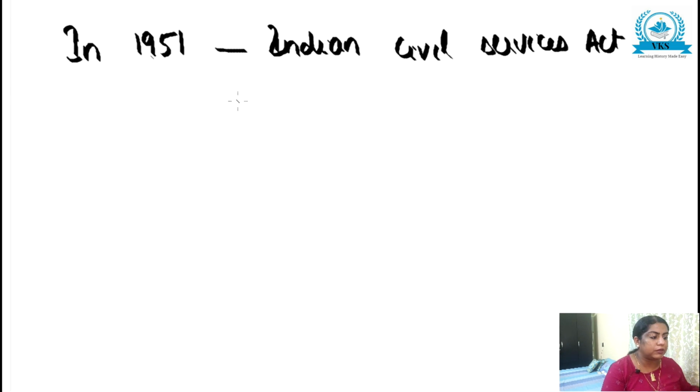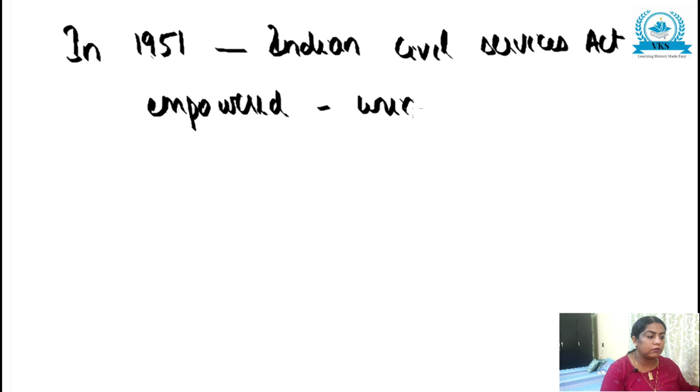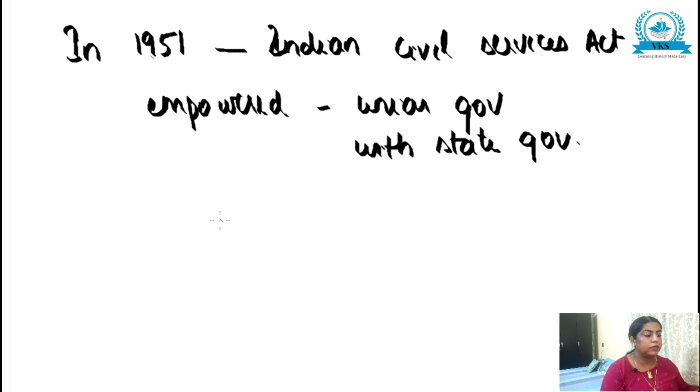This act empowered the union government in consultation with the state government, and it provided for the regulation of services of persons appointed to all India services. That is, if necessary, in national interest,